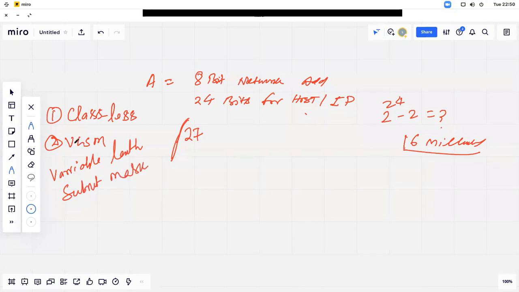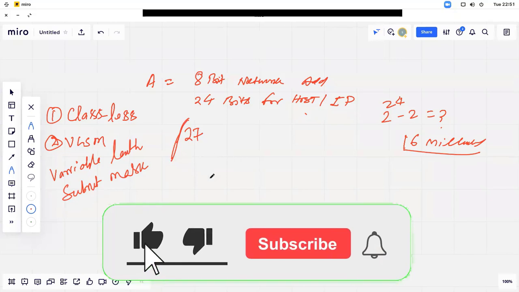So mostly two types of subnetting are normally used. The first one is classless, which I have just written as slash 27. It means we need to create a network that has 27 bits of network address. As per our knowledge, the maximum network address is in the C class. So first of all, we'll write that C class address.